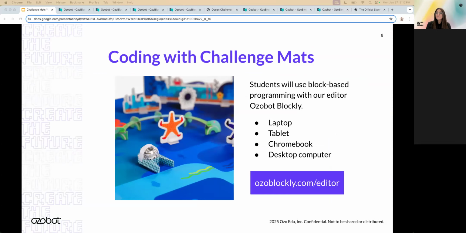So that question leads perfectly into this next topic, how to code with challenge mats. And again, if you're new to block-based programming with Ozobot, you might be curious on how students are doing this coding. We have a block-based editor called Ozobot Blockly, where students can drag and drop blocks to create programs. You'll need an internet-connected device like a laptop, tablet, Chromebook, or desktop computer. And you can access Ozobot Blockly at